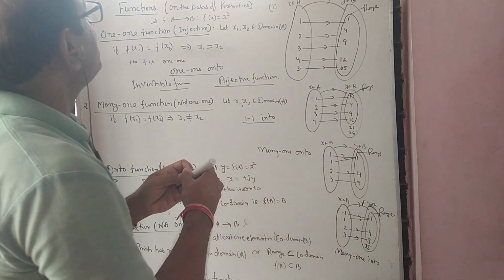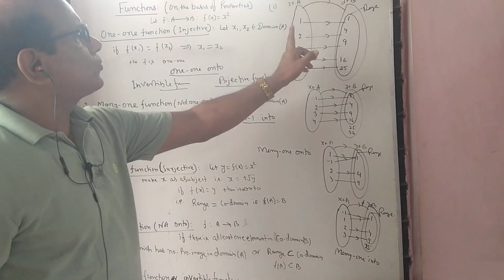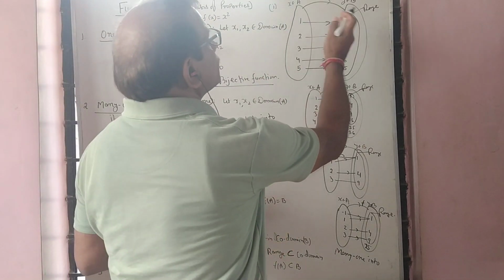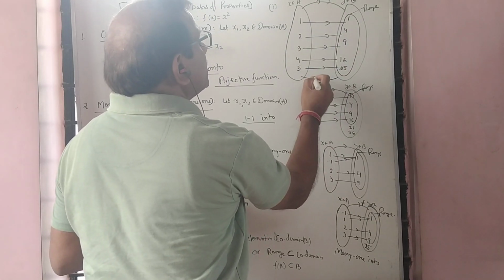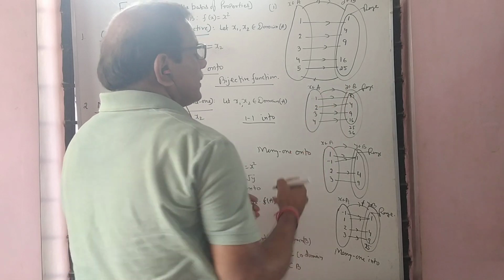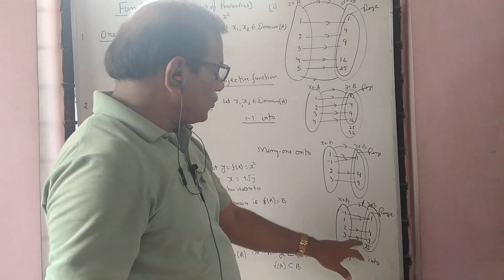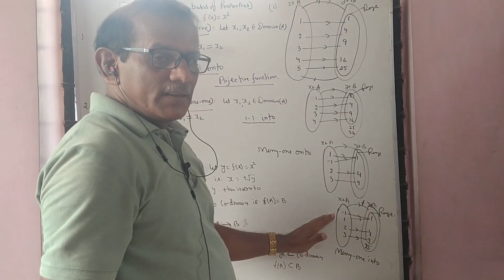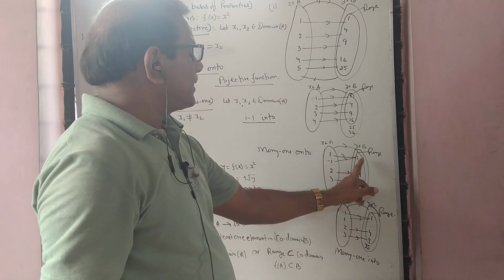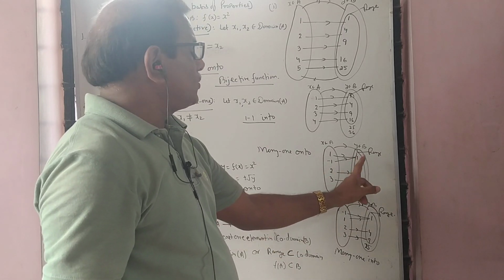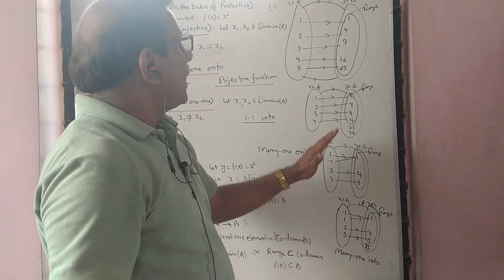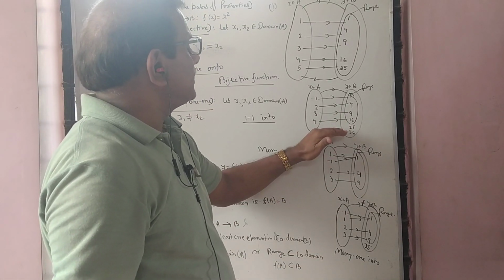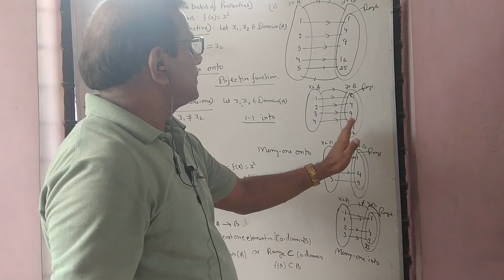See this. f(x) equal to x square. So y equal to x square from here to here. And suppose it is a function defined from B to A also. In this case 25 has no image here. So B से A में function नहीं है. In this case one object has two images. So it is not a function from B to A. So it is not invertible. And in this second example also, 25, 36 don't have any image here.